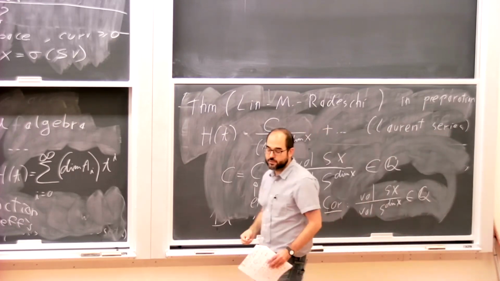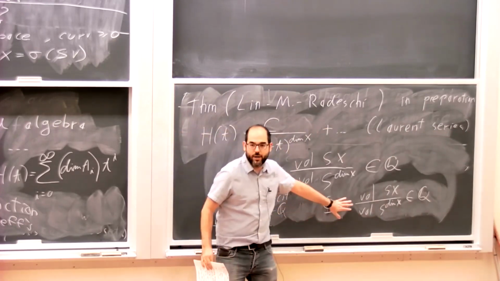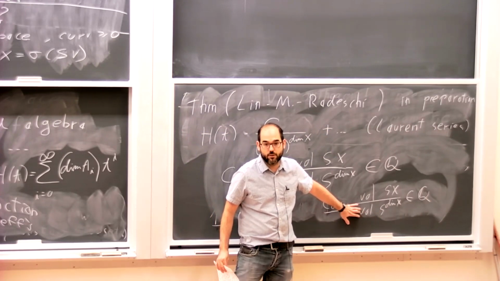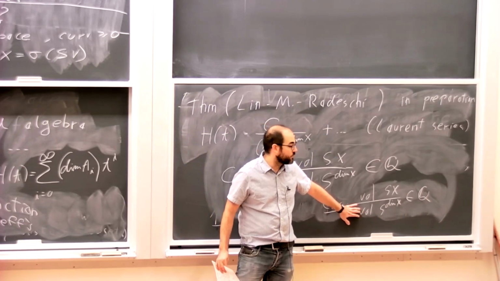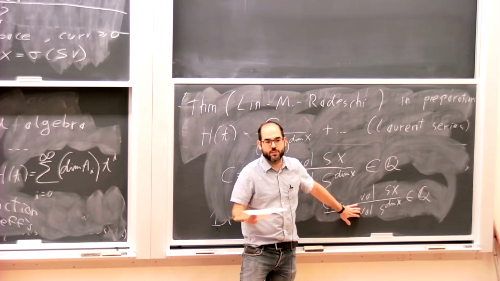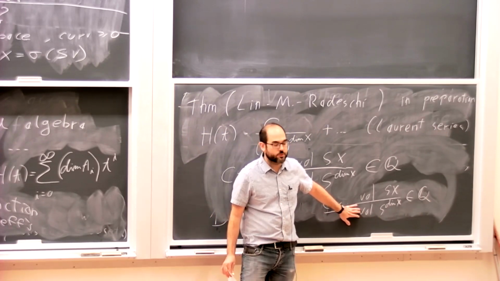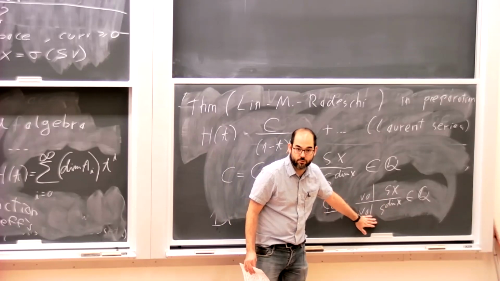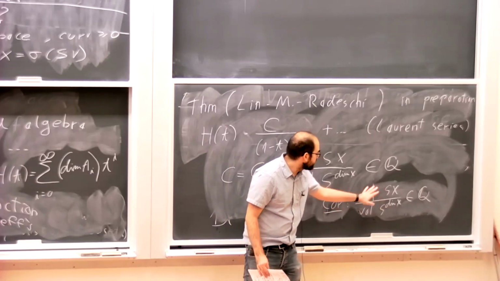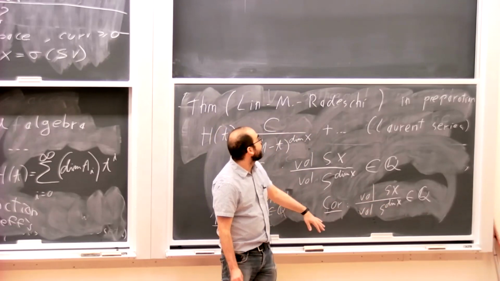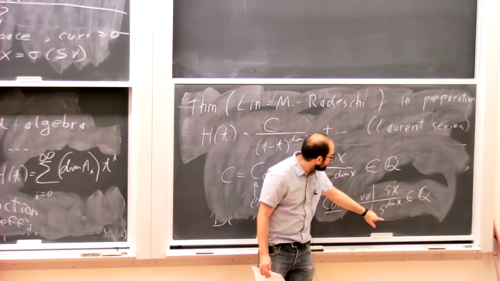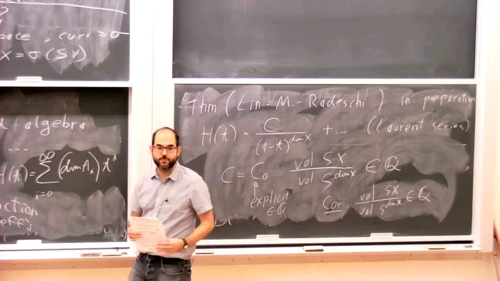I think it's useful to compare this to the finite group case. If you have a finite group acting on a sphere, what's the volume of the quotient? It's the volume of the whole sphere divided by the order of the group. So this number here is 1 over the order of the group in the finite group case. So here I'm saying even when you don't have a finite group, or it's just a manifold submetry, this is still a rational number.